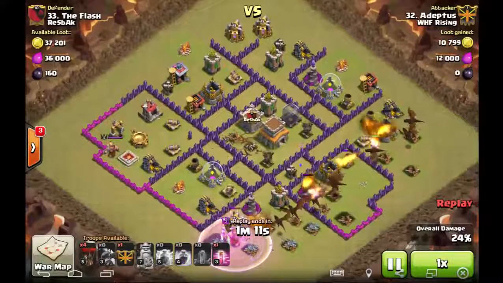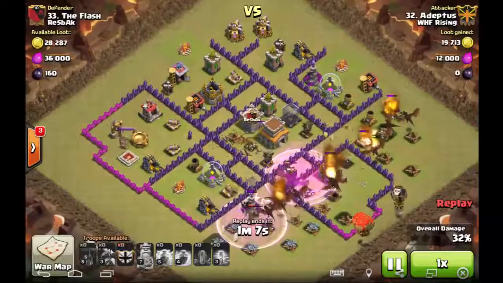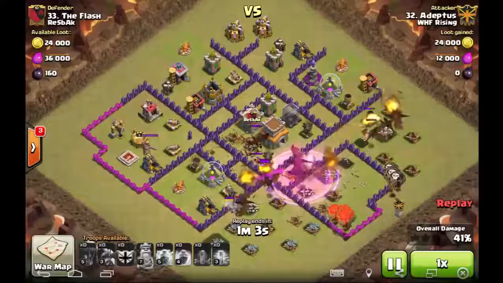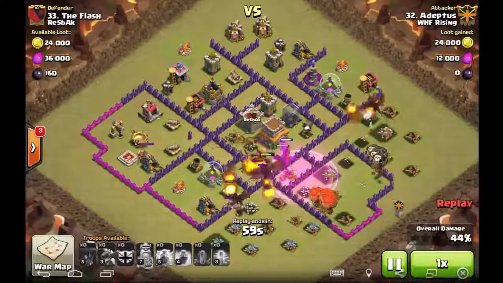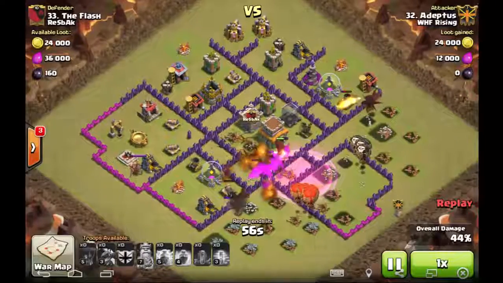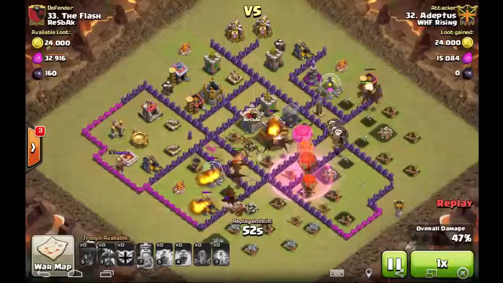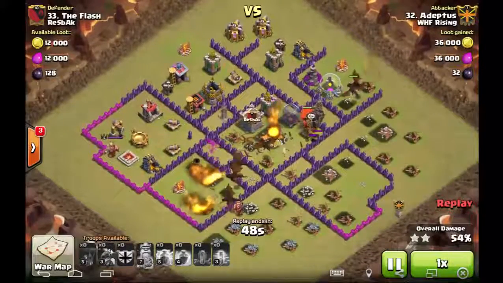a haste in there for his loons and for the dragons. The two air defenses are right next to each other, so honestly these dragons and loons have nowhere to go but to go ahead and take out those air defenses. So it's really not going to cause any problem for them. These loons, they're indecisive right now. They don't know what they want to do. Finally they take the rage and get into that air defense, and at this point it is lights out for